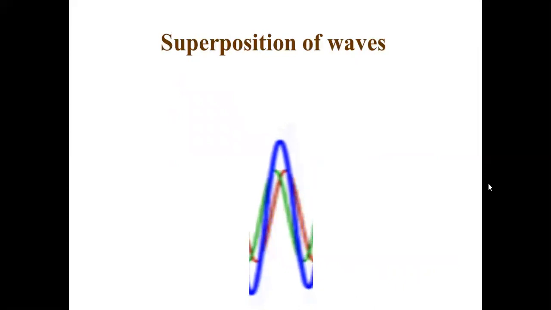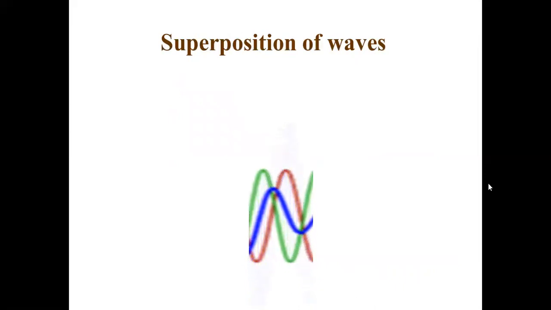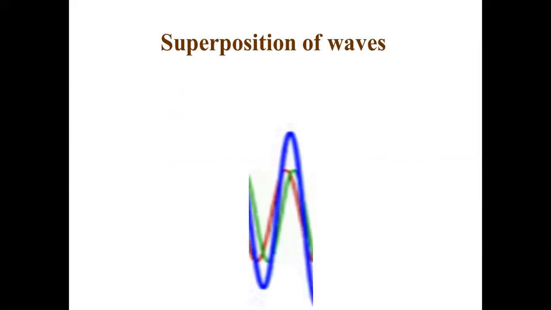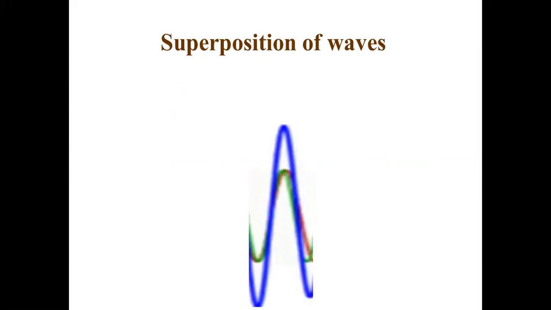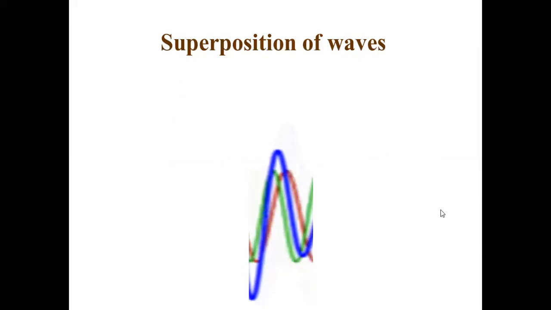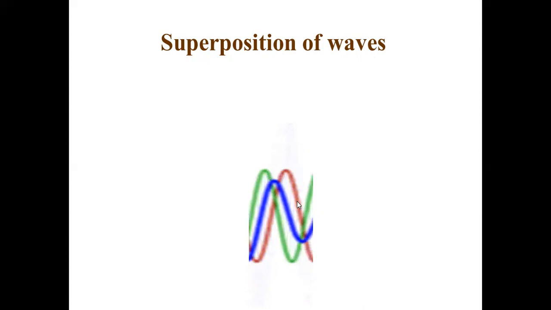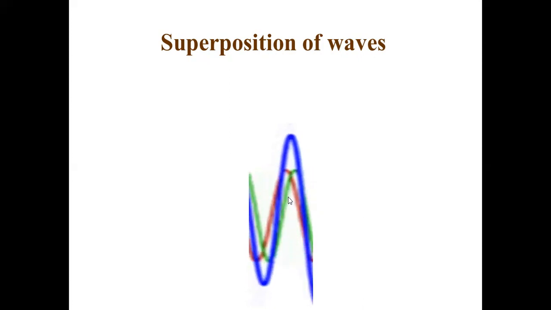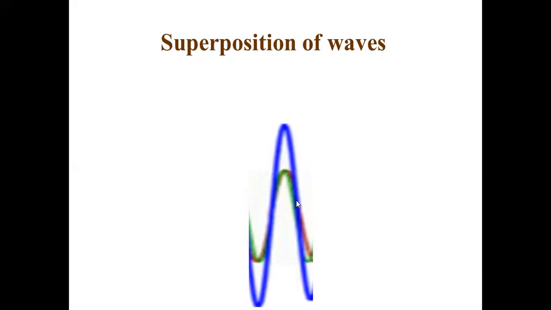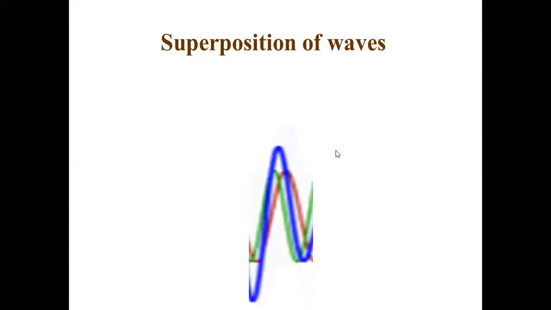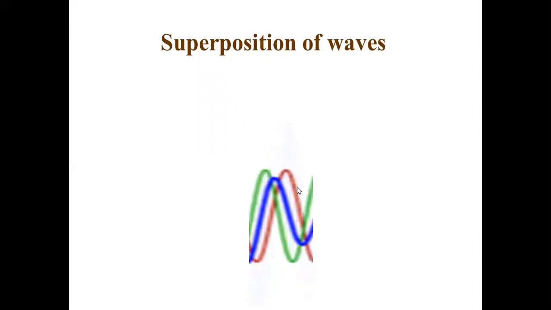Now we will go to the superposition of waves, which is very, very important. Right? We will see how the two waves superpose. This we have understood a little bit last time. Now we will see it in the form of waves. Now here you have to understand it like this. Red colored wave is one wave, and this green colored wave is another wave. They were traveling together in a medium, and that green wave sometimes falls on the red wave with its crest and crest, sometimes on crest and trough.